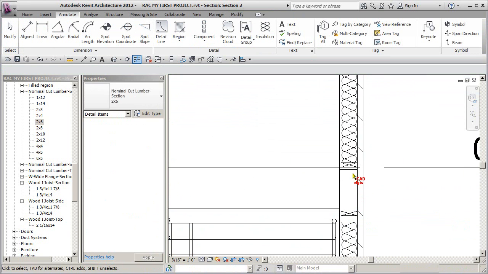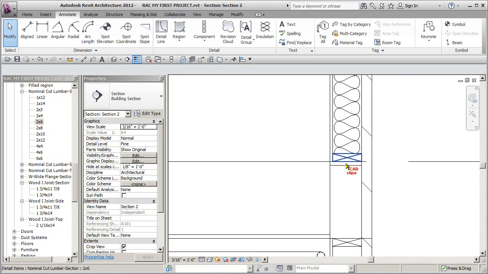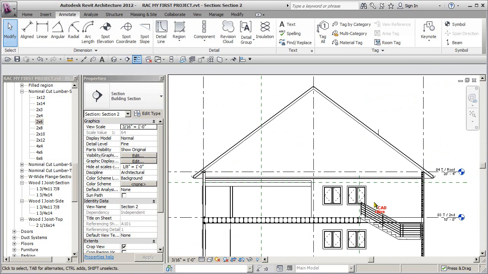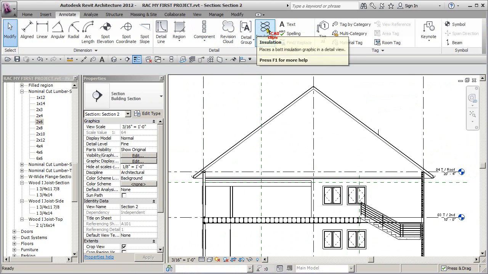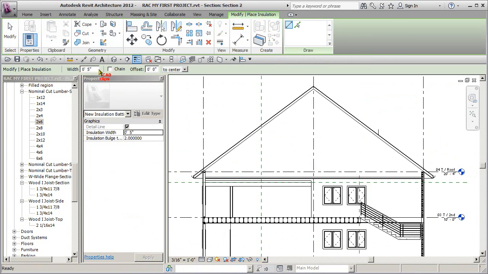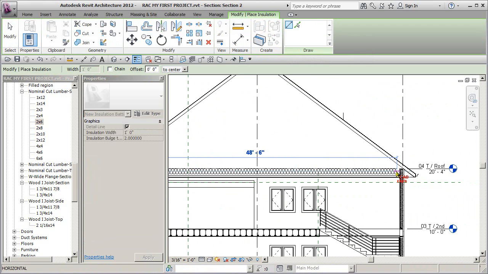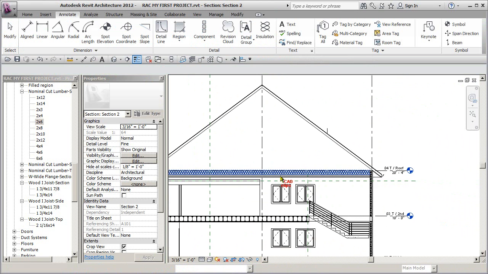Spacebar to rotate. You need to fill this in with another piece of wall or some framing inside of there. And let's put some insulation across. Oops, sorry about that. Insulation, and let's go by a foot thick up here in the ceiling space. Okay,